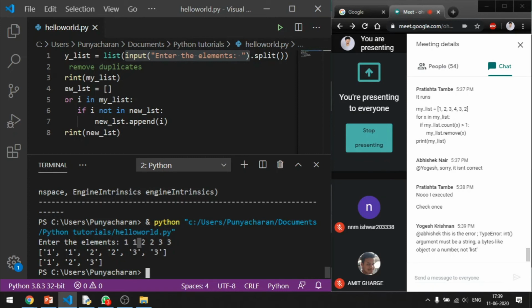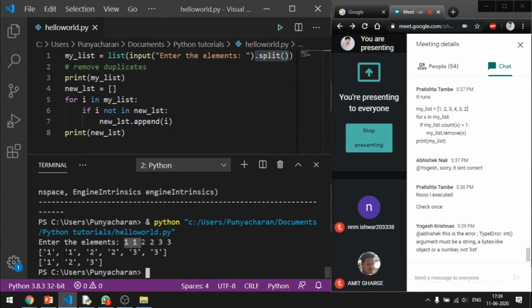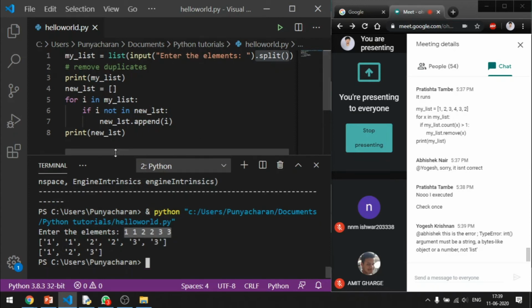After applying the split method, it is going to separate the entire string into individual elements. Here, the entire string is 1, 1, 2, 2, 3, 3. It will be split as 1 as a separate element, 1 separate, 2 separate, 3 separate, and 3 separate. Right?